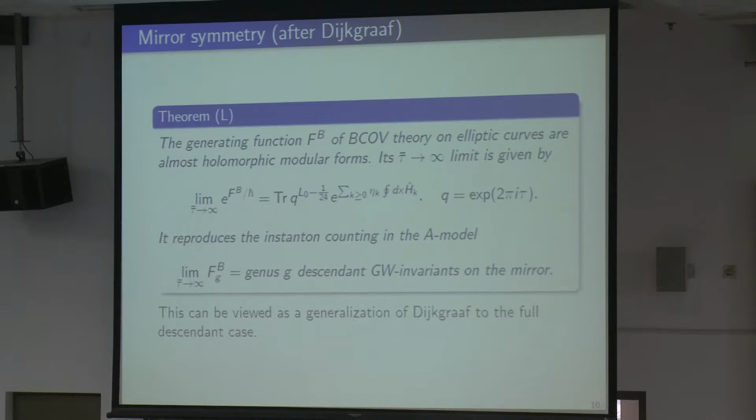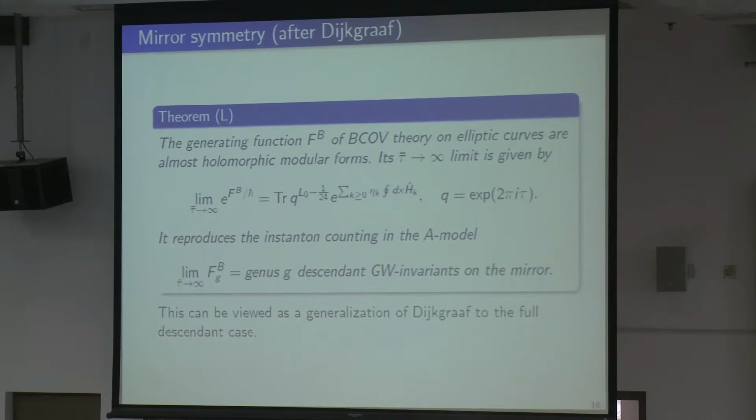So this is a mirror theorem. Basically, it's a mirror theorem on higher genus. So you can also view our theorem as a generalization of Dijkgraaf to the full descendant case. So you see, this concrete example really gives you something quite interesting. That's the BCOV theory. Now next, I want to go to the open part, and I want to see